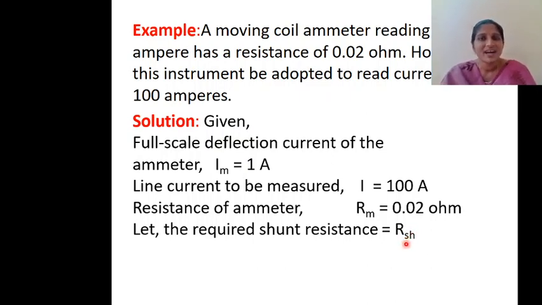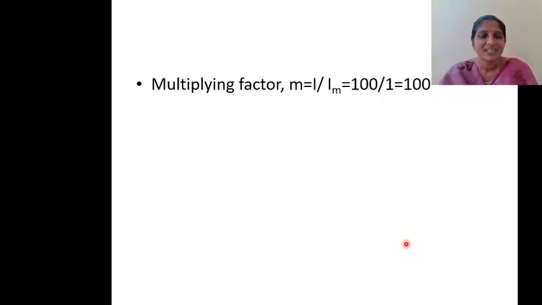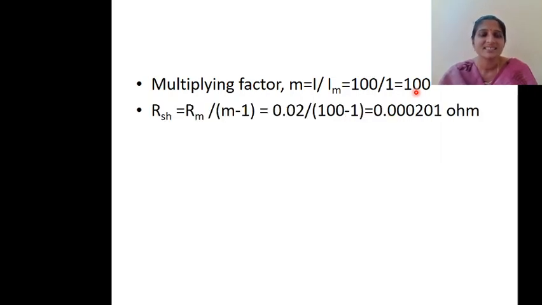So what is the formula for RSH? RSH is nothing but Rm divided by m minus 1. What is m? M is equal to I divided by Im. So first find out the multiplying factor. Multiplying factor m is equal to I divided by Im, where I is the total current, that is 100 divided by 1, that is 100. After calculating the multiplying factor, calculate the resistance RSH. RSH is equal to Rm divided by m minus 1. Rm value is already given, 0.02 divided by 100 minus 1, that is equal to